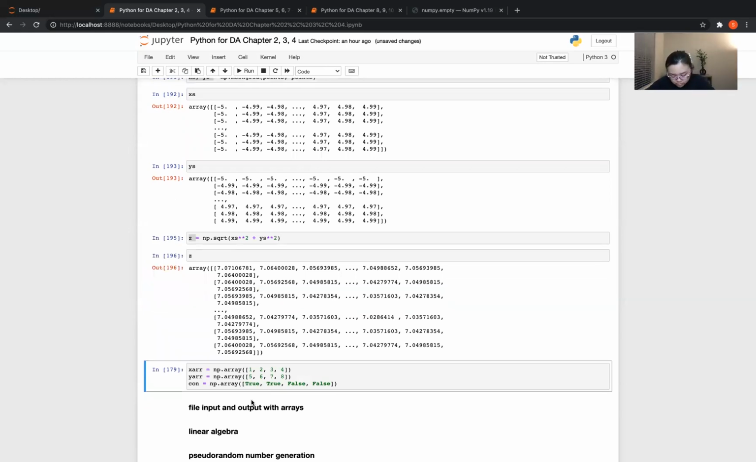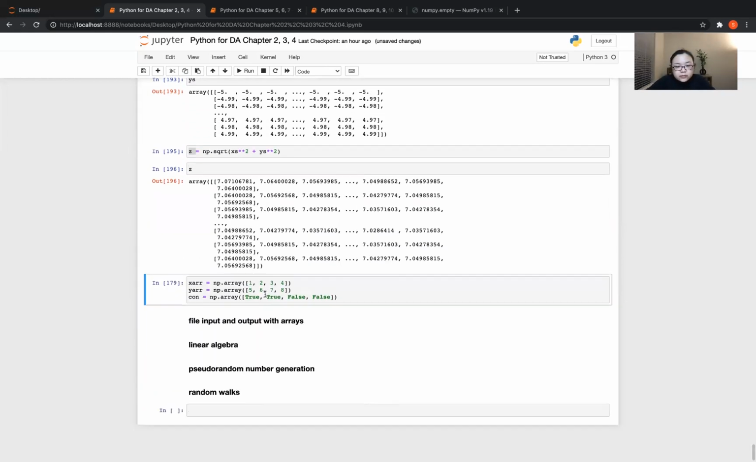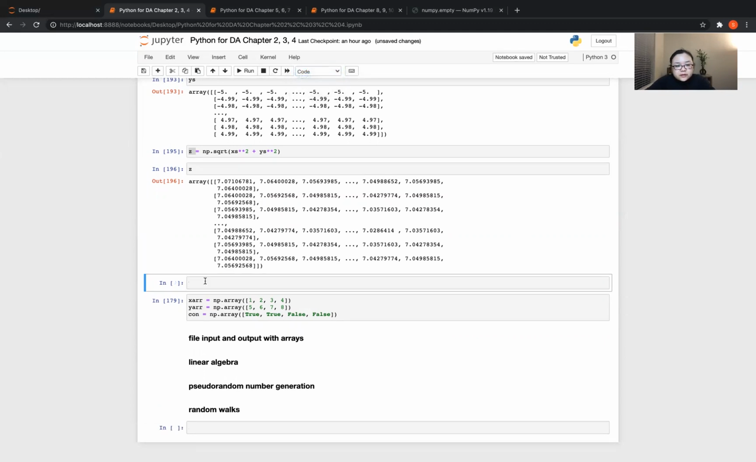Let's go to the next part, which is expressing conditional logic as array operations. So I will add a cell and input expressing conditional logic as array operations. So here actually is